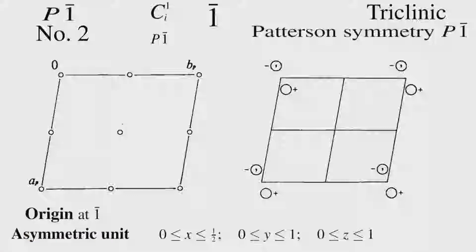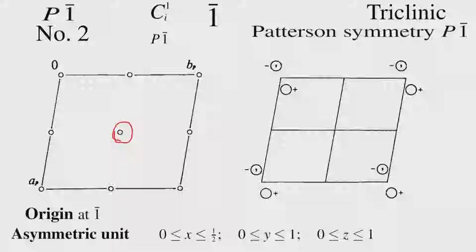So, let us say there is an atom which is located at this point. This atom now is associated with this center of symmetry. According to the special position nomenclature, it will have only one symmetry that is generated. So, that atom will not generate any other atom in the unit cell. Now I am defining a new word, the occupancy. The occupancy of that site therefore is half, because half the atom is associated with one part of the symmetry, the center of symmetry, and the other half with the other.